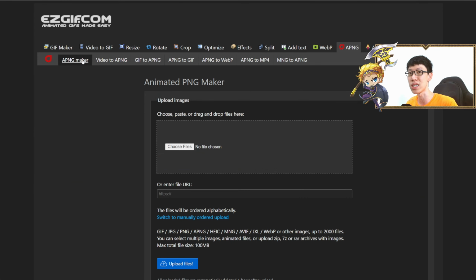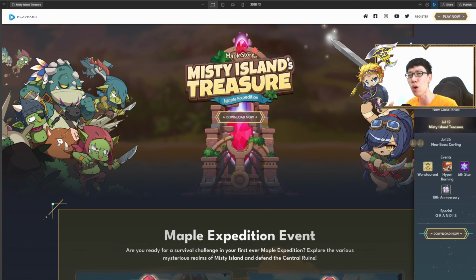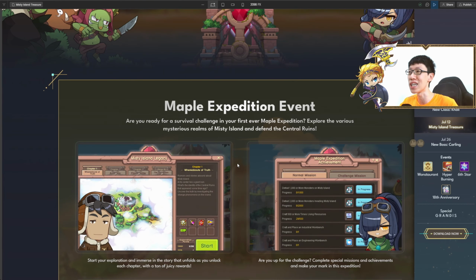Why I use APNG is that I can then optimize it using TinyPNG, right? TinyPNG allows you to optimize JPEG and PNG files. It helps compress the image itself to be smaller in size, while still maintaining, or only slightly lowering, the quality of the image. Some images do not work well after compression, okay? As an example, if the image has a bit of glow and you compress it using the WEBP format, it will be very ugly, okay? So that's the learning that I actually did.